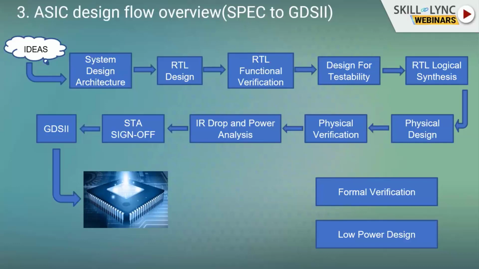Once the DRCs are cleaned up, they send it for IR drop and power analysis. For the IC chip, power is important. They will check two kinds: one is static, and the other is dynamic. Static means without the chip working, they simply check the IR drop, VDD and VSS, to see whether any transistor or module anywhere does not properly get source voltage. That is static. And once the chip is activated, then they check dynamic.